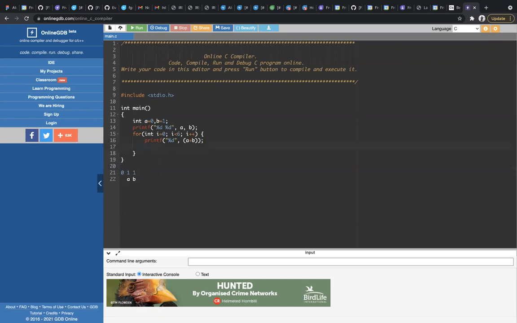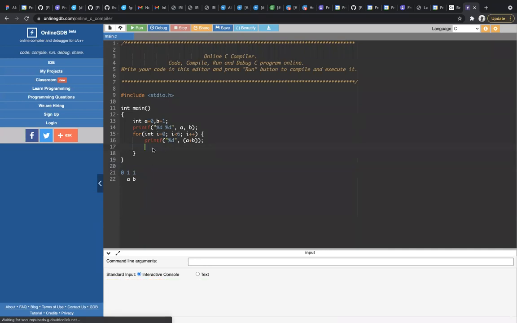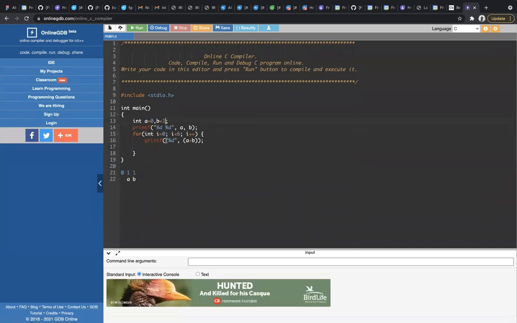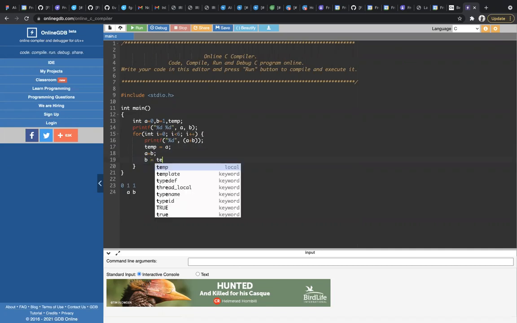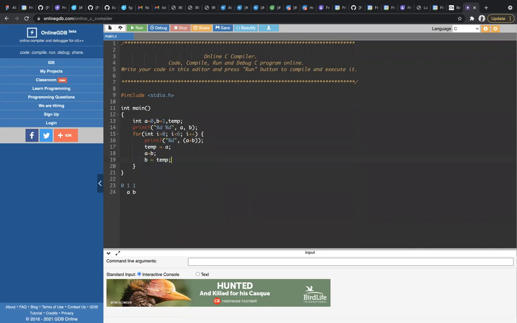So what I can do is consider having a temporary variable for now. Okay. So what I will do here: first I'm setting temp equal to a, and then a equal to b, and then b equal to temp. This is a kind of swapping logic, the default logic we will be using. So if you see here, first 0 and 1 are in a and b, and I'm printing 0 plus 1, which is 1.